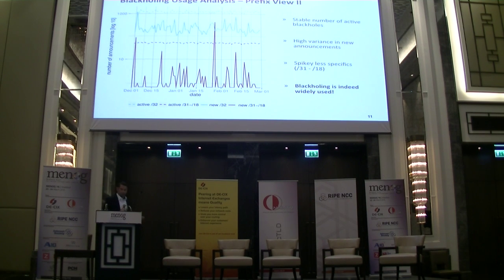What we can also observe is we have a high variance in new announcements. So it's not that we have a very stable number every day. This is somewhat expected. If we talk about DDoS attacks, of course, spiky behavior comes from DDoS attacks that don't occur on a regular basis, and operators have to react to it. And what we also see is that the less specific prefixes are way more spiky, and especially in late January, we got a really huge spike